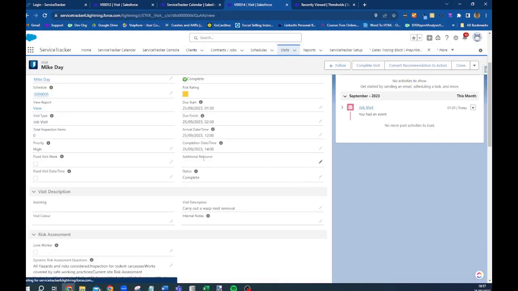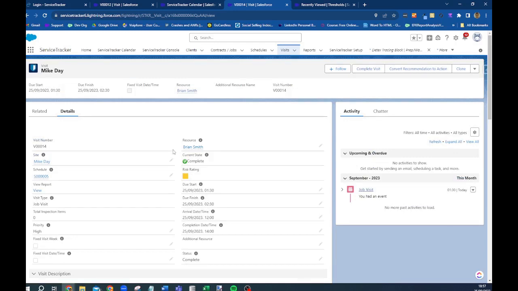Now what this does is create a PDF report, and provided you've set up an alert, so when we created our job or a contract we tick the box, then your customer will receive the report. If you forgot to do that, that's not a problem at all. What we need to do is basically go to the site,